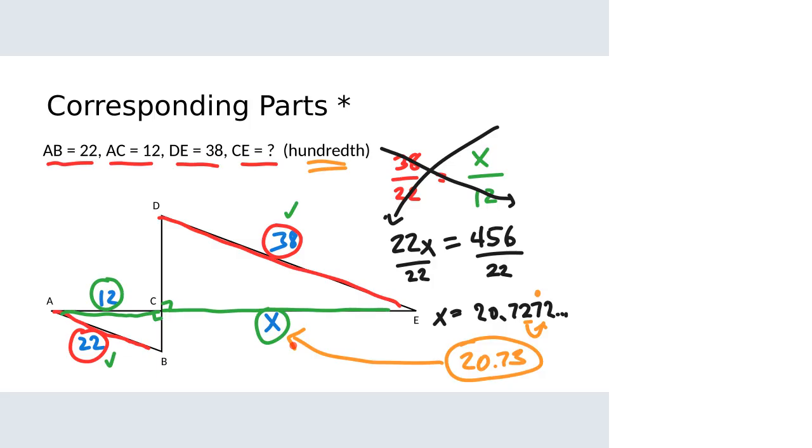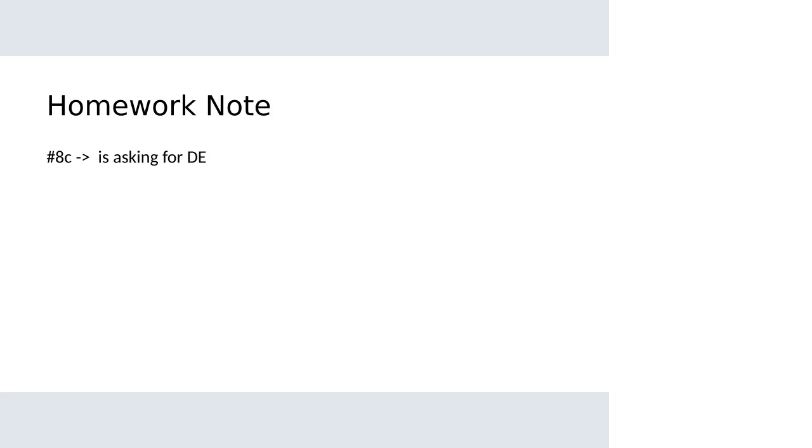Okay, very good. I only have one more thing to say about section 10.3 in similarity, and that's just a note, a helpful hint with the homework. When you're working on number 8C, what it's asking for is side DE. Just to make sure that's clear, I'm not positive that the question itself makes it that obvious. So just a little note, number 8C is